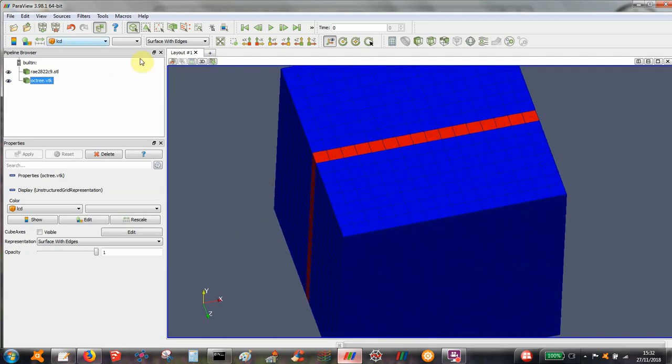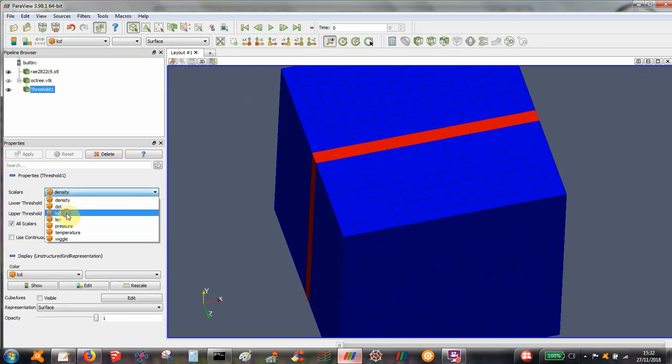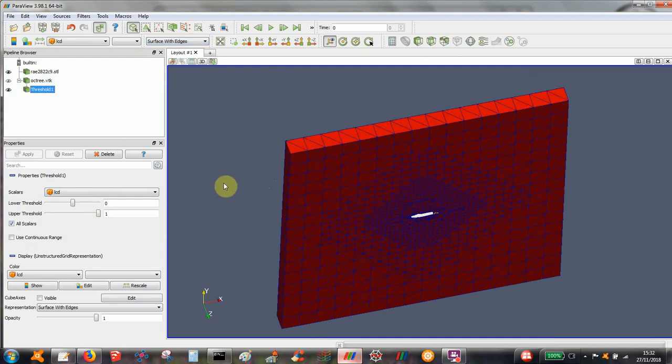So if we take a quick look at the mesh that you end up with, get rid of the dead cells. So this is what you end up with. The reason why 2D is a bit more tricky with octree is because the mesh can only be as thick as the largest cell. So on the outer boundary where you've got these large cells, that's how thick the overall mesh is. But obviously if you zoom in,